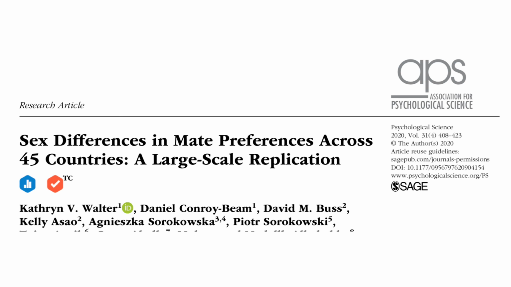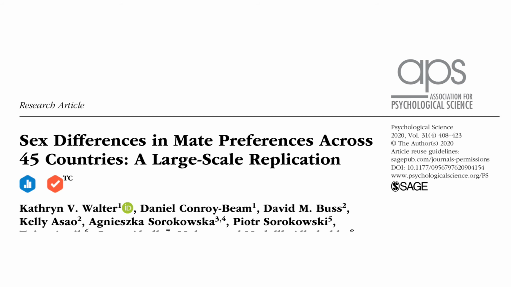The topic of sex differences in mate preferences has been fairly controversial. A lot of researchers don't like the idea that we're talking about a preference that's sort of wired in, that men, no matter where they're from, prefer the same things, and women, no matter where they're from, prefer the same things. And there's been a lot of back and forth in the scientific literature about this. Most of the proponents of this point of view come from the evolutionary psychology perspective that you'll be reading about in this chapter.